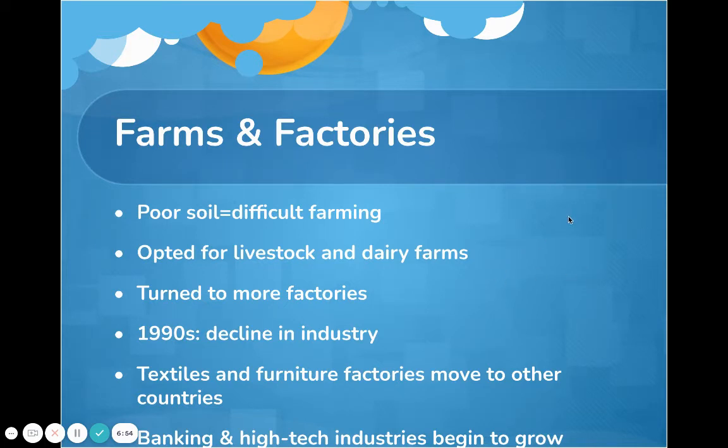Farms and factories. The poor soil in the Piedmont region, that clay soil, made farming difficult. It's really hard to grow anything in that red soil because, like I said, that's why they use it in baseball fields, because it gets really hard and it packs down and it doesn't really hold water. I want you to think about the consistency. If you've ever played with Play-Doh or something along the lines of that, some type of clay,